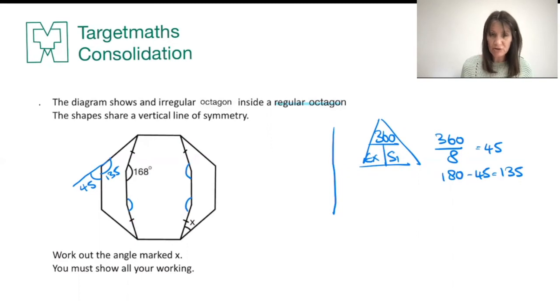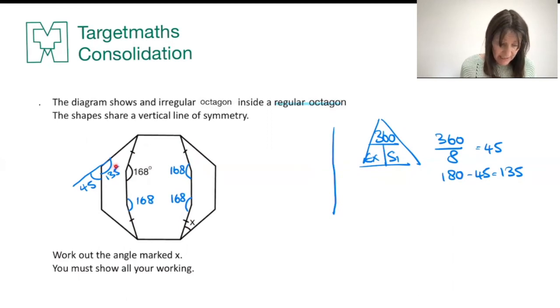They all have to be 168 due to the symmetry and due to these edges being the same size. So I have deduced that much so far. And I'm going to mark everything on. Now, I know that the